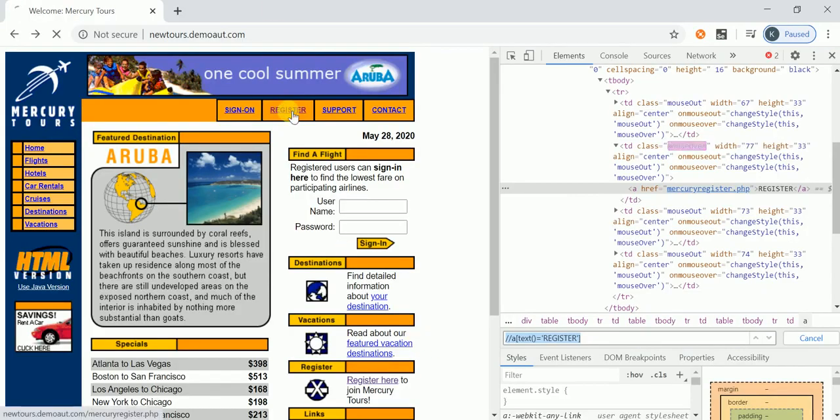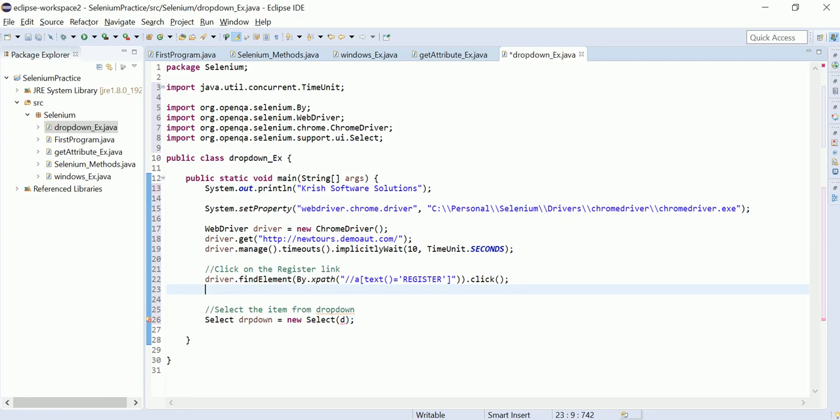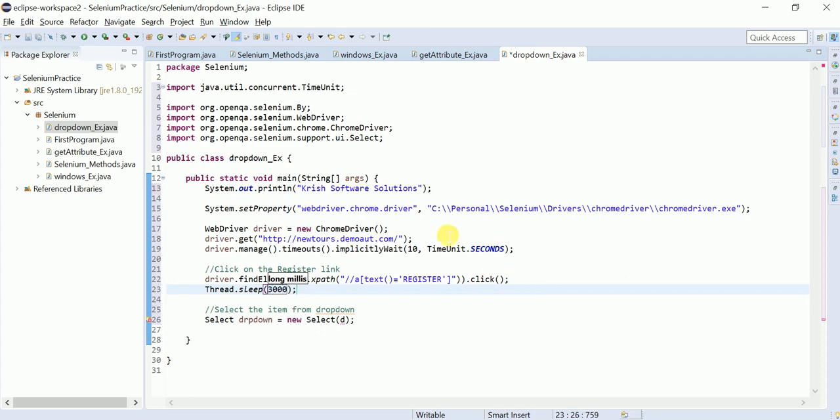Okay, now we are going to the register page. So the register page is opening. In the meanwhile, once we click on register, I want to give Thread.sleep for 3 seconds. But in real time we won't use this one; alternatively we will use explicit wait. That one we use in real-time automation. But for the time being I am using Thread.sleep here.